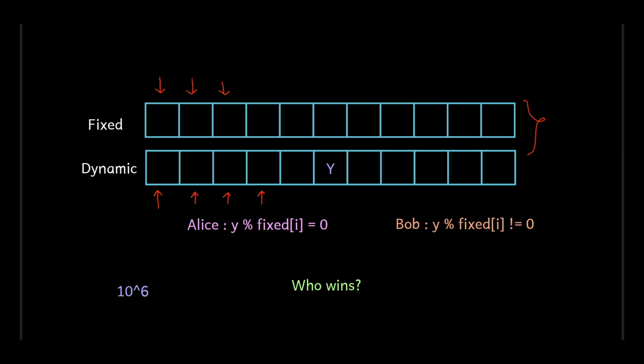So how do we approach this? We have to start thinking somewhere, even if that leads us nowhere. So of course the first thing you might try is, what will happen if you fix an index I in the fixed array, and can you analyze which elements of the dynamic array you can remove and which elements you cannot remove. So suppose you fix this I, and then depending upon this fixed I,